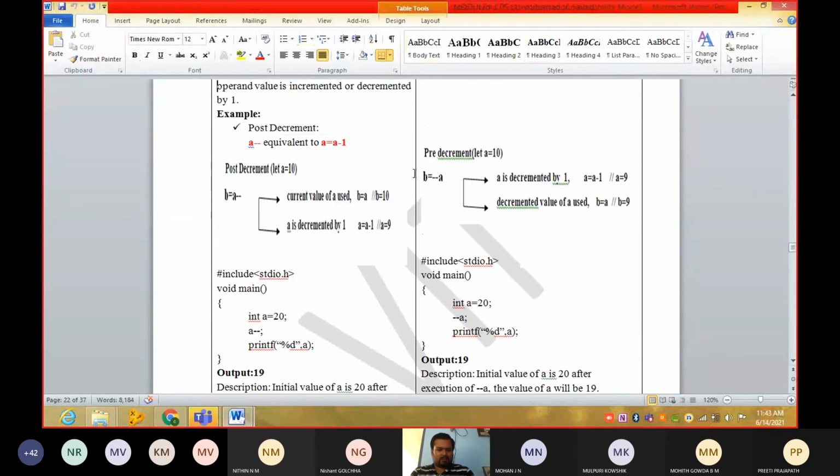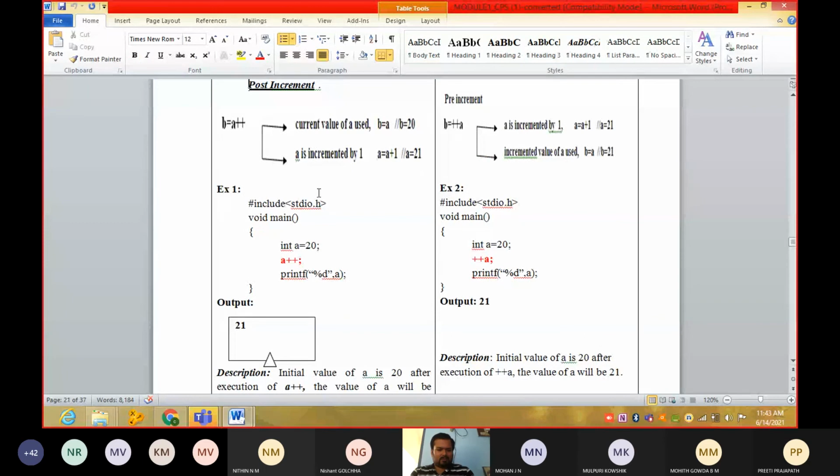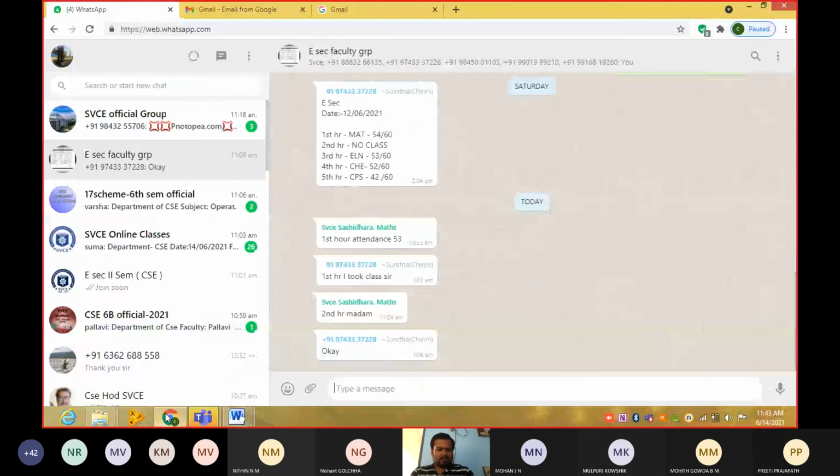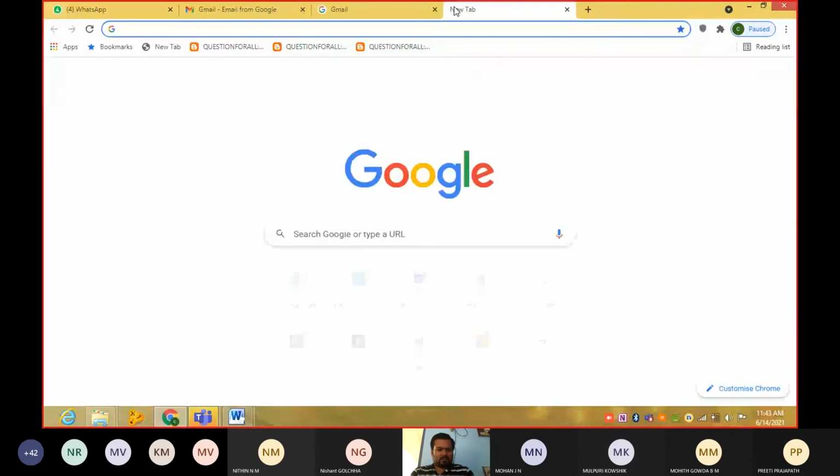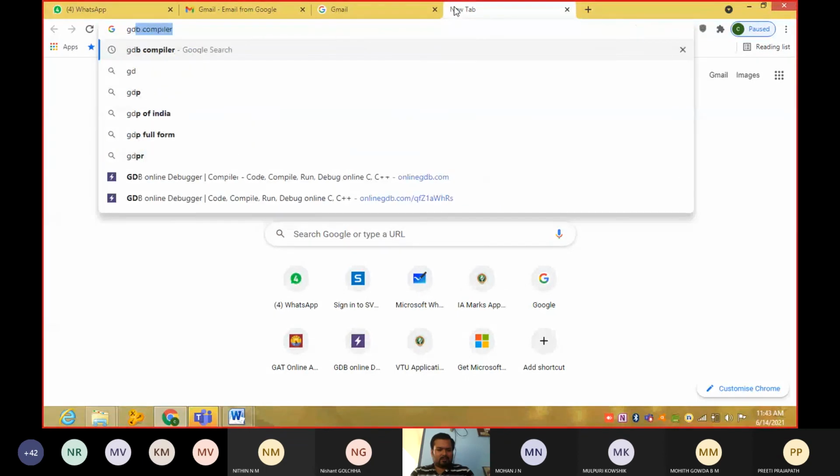The same program, control C. We were using some GDB compiler. Select C language.